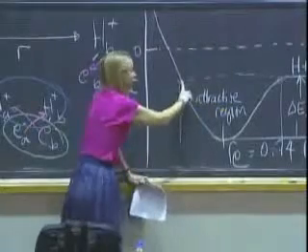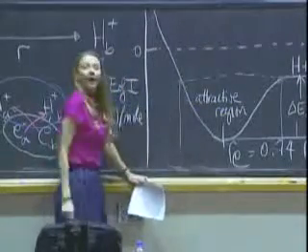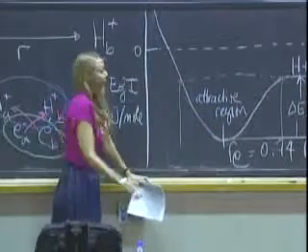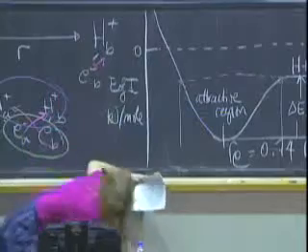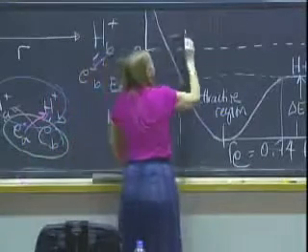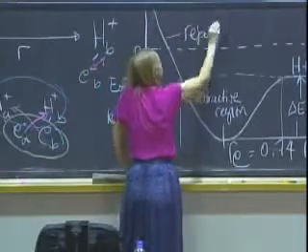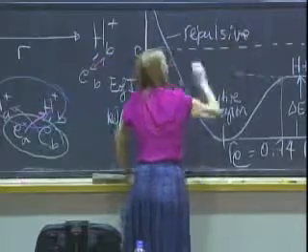From this value of R on, the hydrogen atoms are no longer bound because their energy is greater than the separated hydrogen atom limit. We call this part of the potential energy of interaction the repulsive part